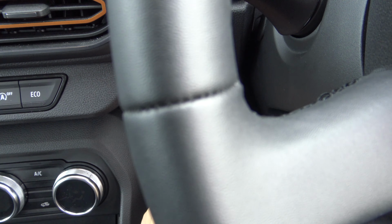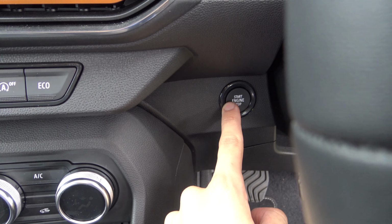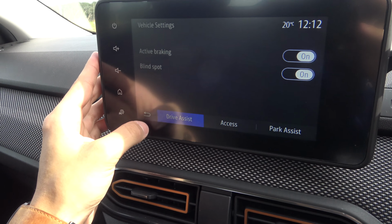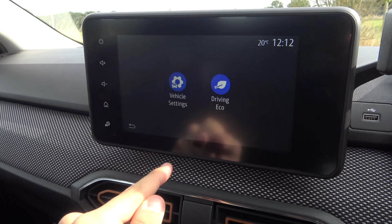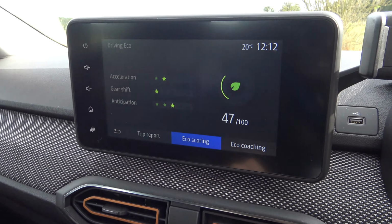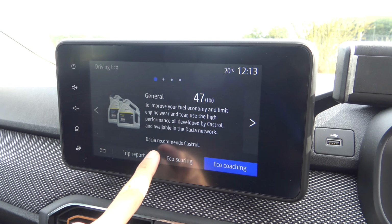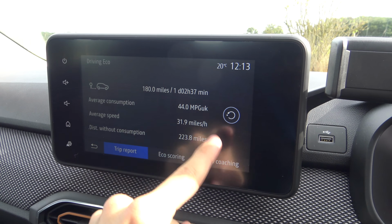Let's turn the car on. Engine start-stop button, no keys anymore. Come on, are you gonna work? Let's wait. 3, 2, 1. Here we go. Yeah, not much in terms of options you could have, but MPG, now we could get that up on the infotainment system,